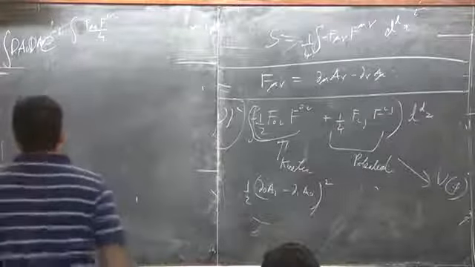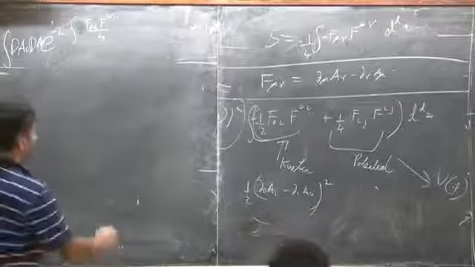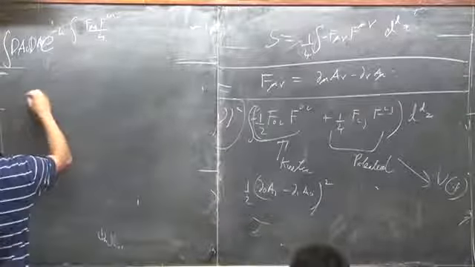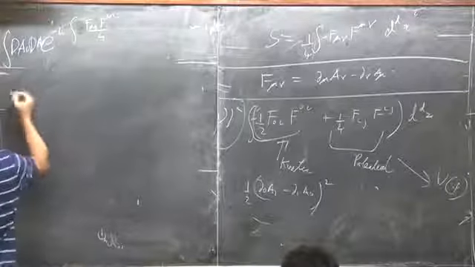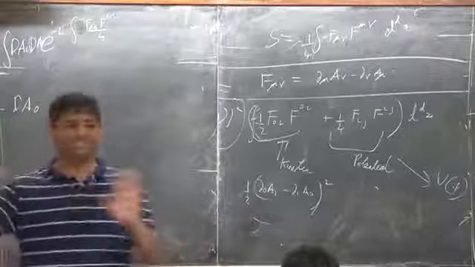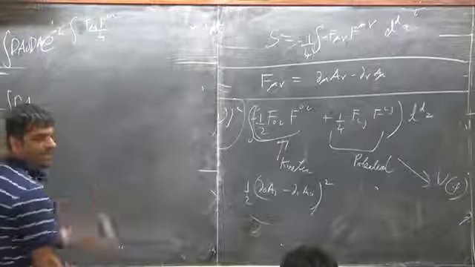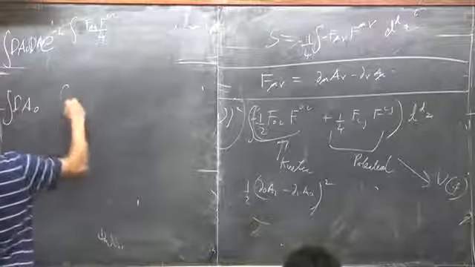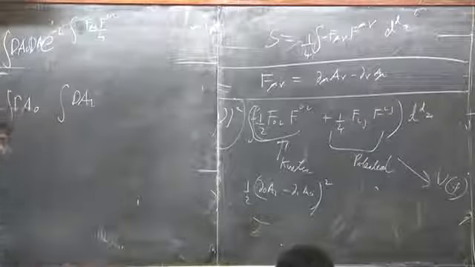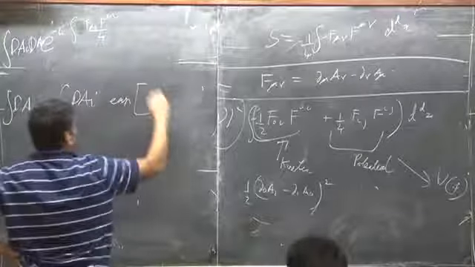Now, suppose I looked at this path integral in this way. Because I don't know what to do with A0, I will do the path integral over A0 last. So I think of it as the integral over A0 times the integral dAI, exponential of